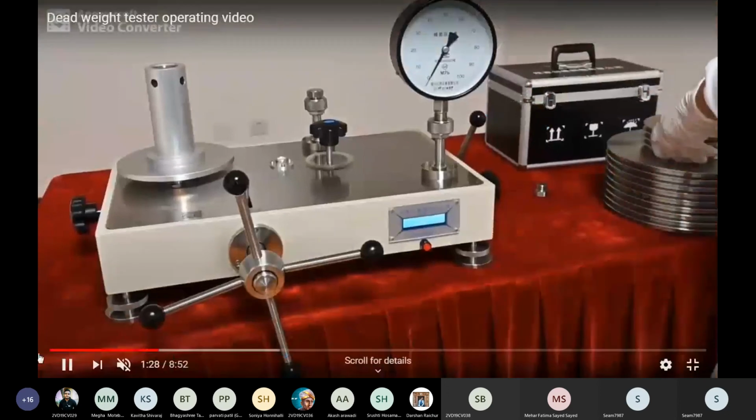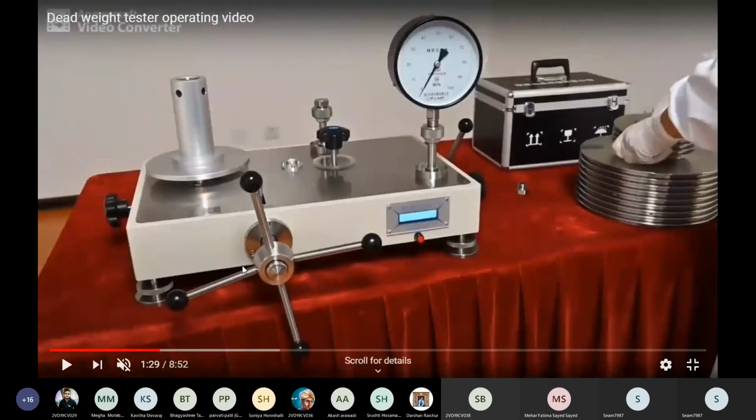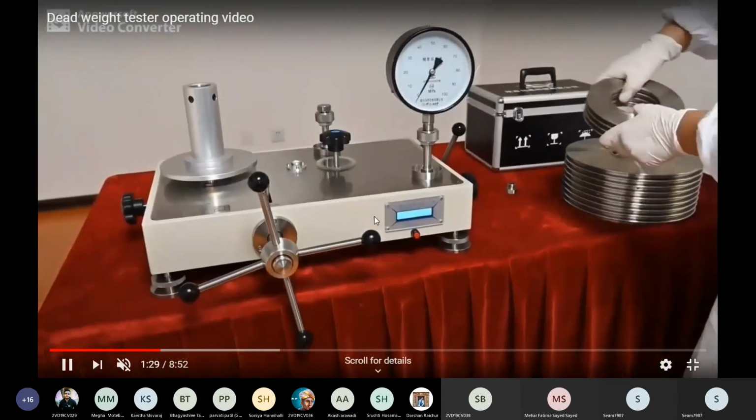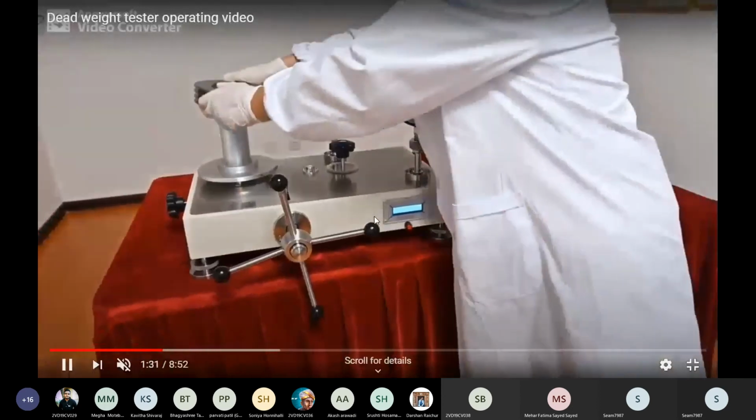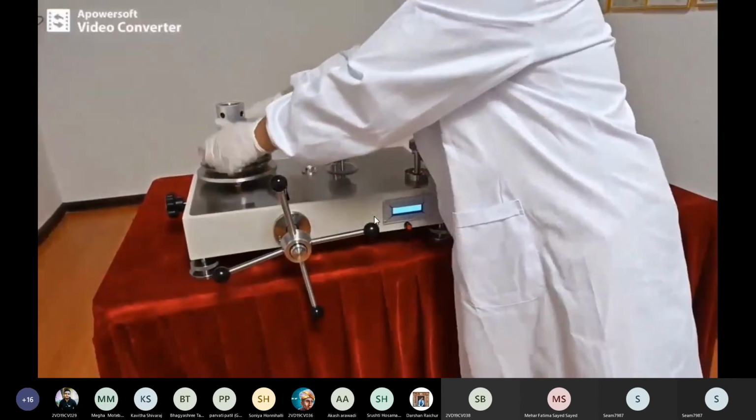Whenever any mechanical gauge is not working or no pressure is applied, the pointer should lie at the 0 reading. Now here you can see no pressure is applied, therefore the needle is at 0 reading. Now the load is going to be applied here.